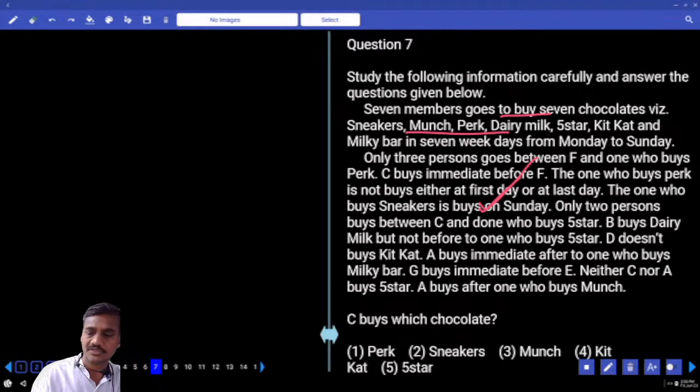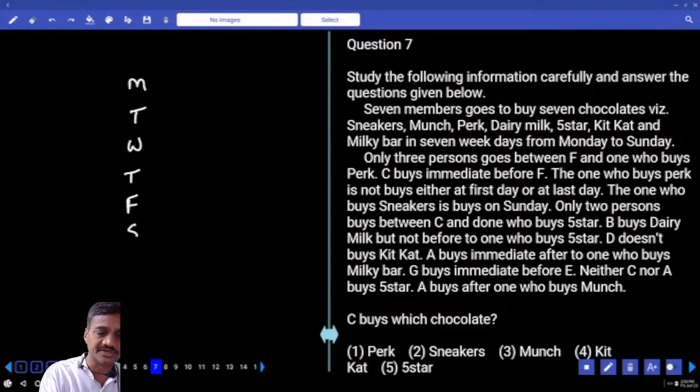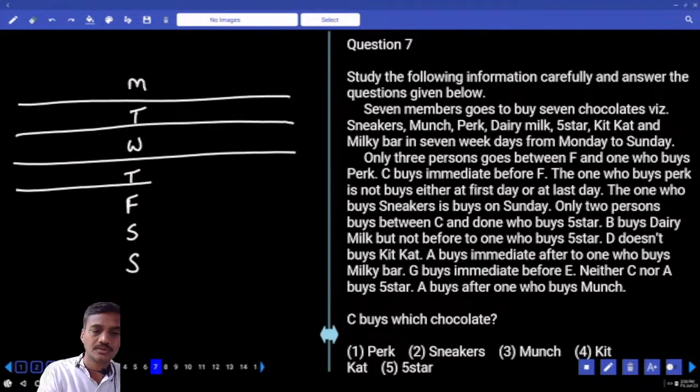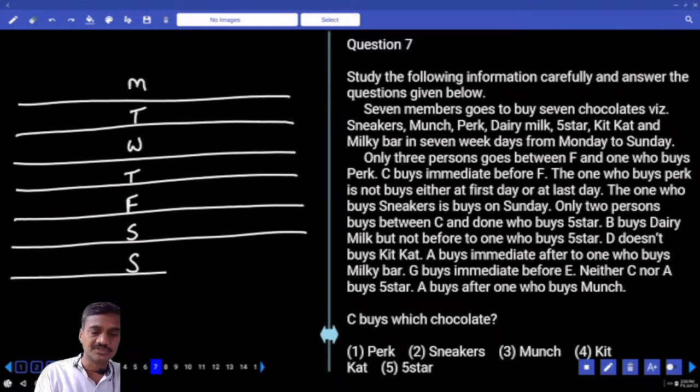Then 7 onward. Now in this question number 7 onward, there are 7 members who go to buy 7 chocolates on 7 different days starting from Monday: Monday, Tuesday, Wednesday, Thursday, Friday, Saturday and Sunday. 7 persons on these 7 different days. Clear? Then coming to condition number 1. 7 persons on these 7 different days,